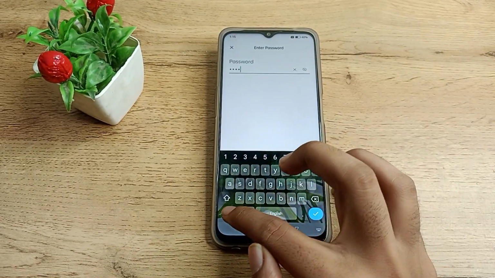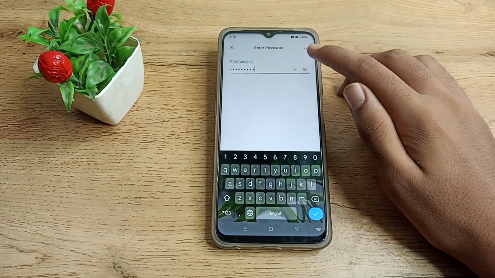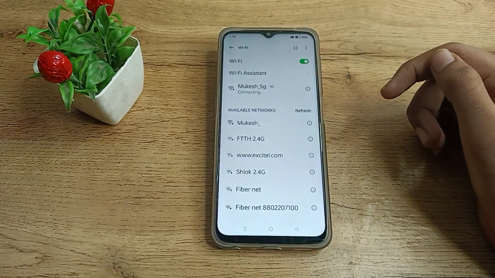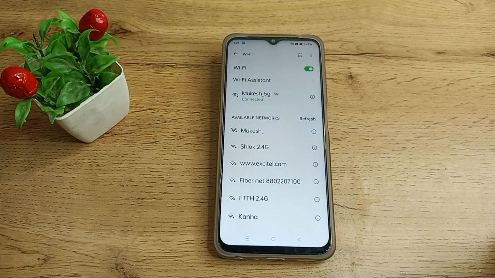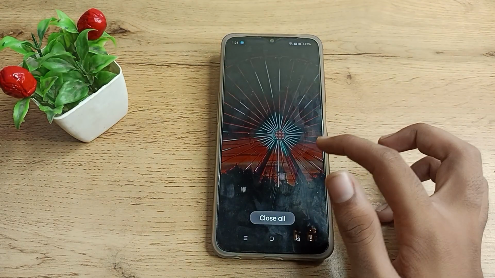So I will enter the password here, and you can also enter your password. You can check your password from here, and the right option, tap here to pair. So when the Wi-Fi network is paired in your phone, you can use this Wi-Fi network